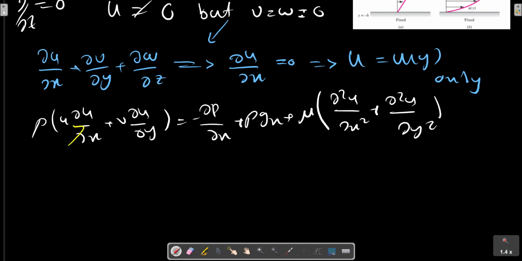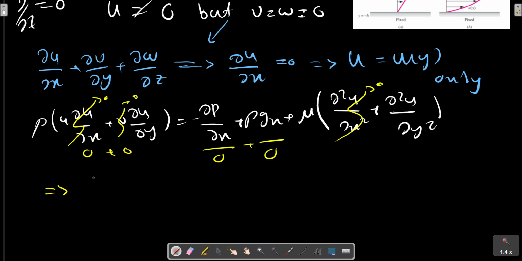So the previous quantity is equal to 0, and we also have v equals 0. Two parts are eliminated from the left hand side, and in the right hand side the pressure gradient is also equal to 0, and the weight is negligible. The only term which is 0 due to the continuity equation, and the only term in this relation remains